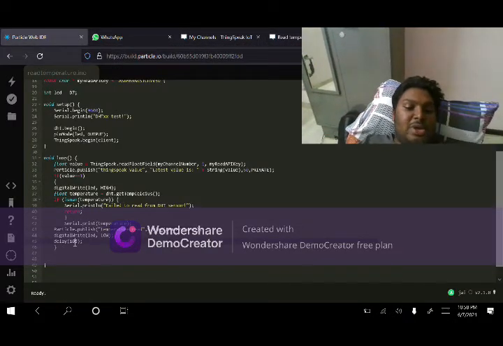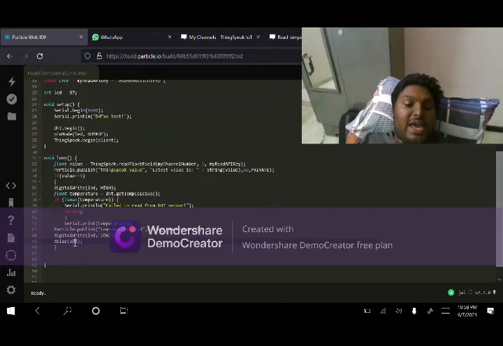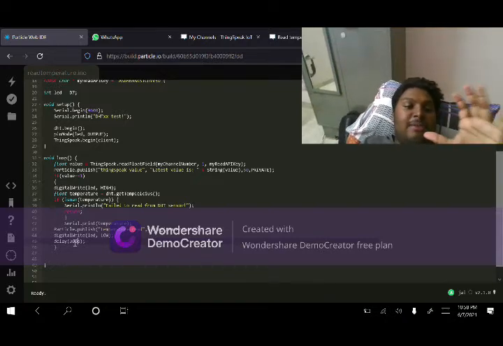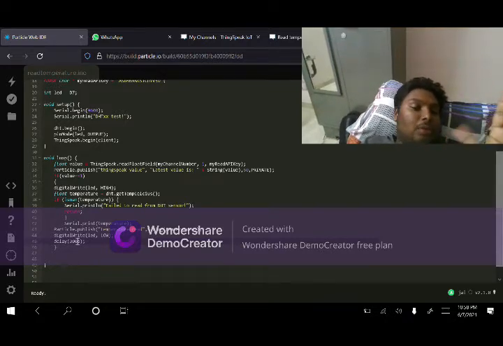Basically the delay should be 300 seconds, like every 5 minutes the temperature should be monitored, so it should be 300 seconds.